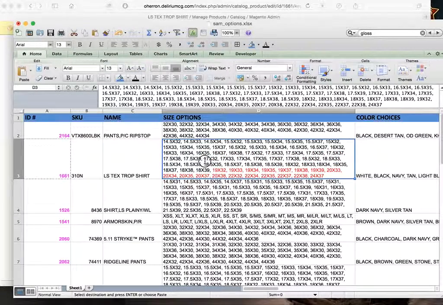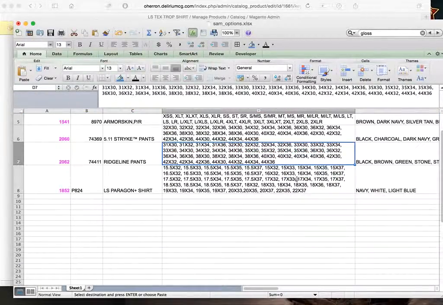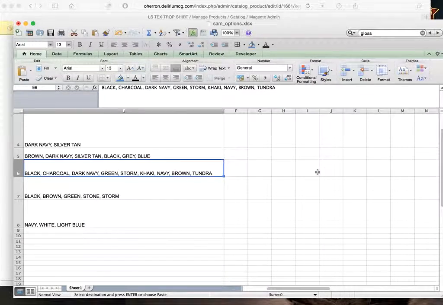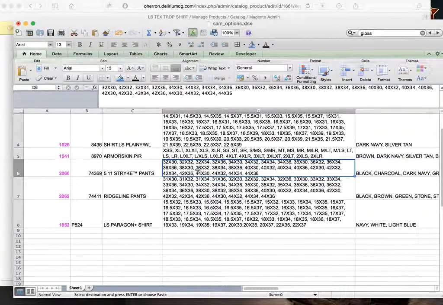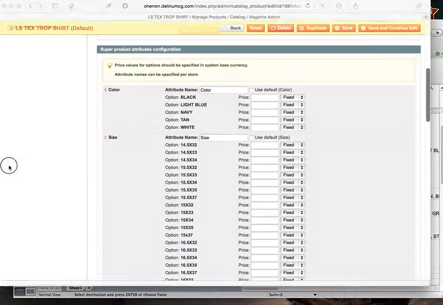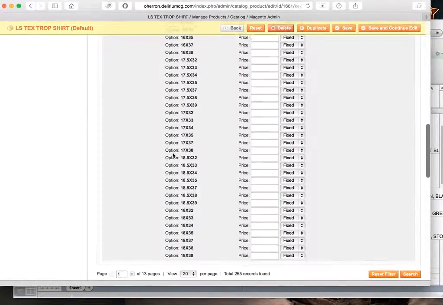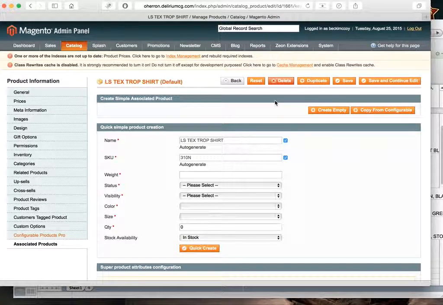Some of these have a huge amount of size options as well as a lot of color options, which makes for a lot of end products. So this may be very time consuming. If you have created some of the options and not all, but you're going to step away from the computer